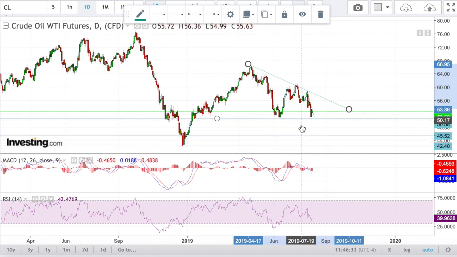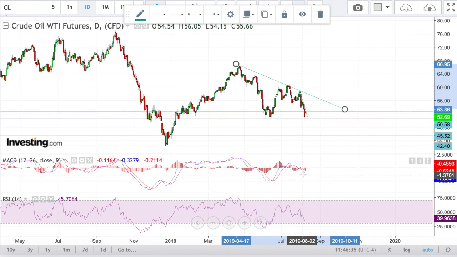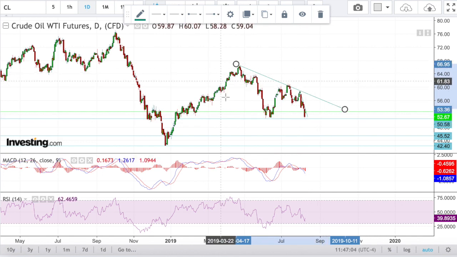Now, we could talk about the divergence we have on the daily chart here, and that, in normal times, would give me a long signal. It would tell me, all right, time to go long on crude oil. But considering, again, the correlation with the stock market is not showing any signs of recovery, and until I see signs of recovery on the S&P 500, on the QQQ, on the NASDAQ, I am not going to go long on crude oil. It doesn't make sense to me.